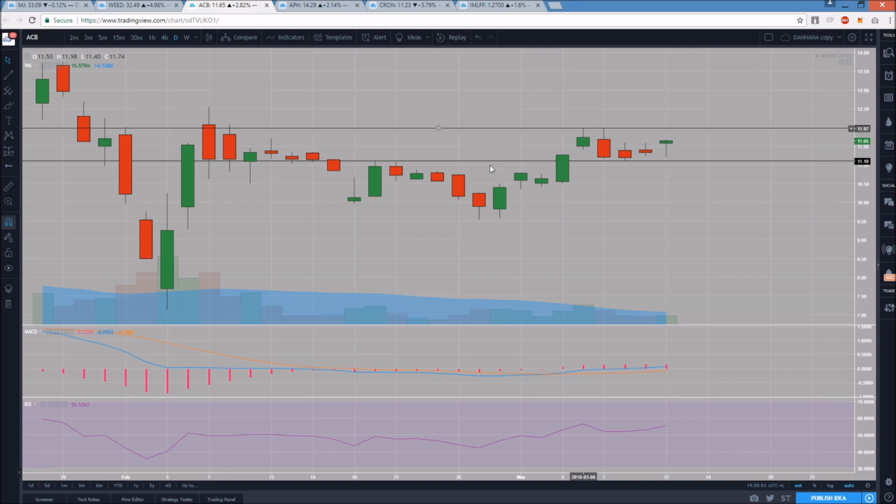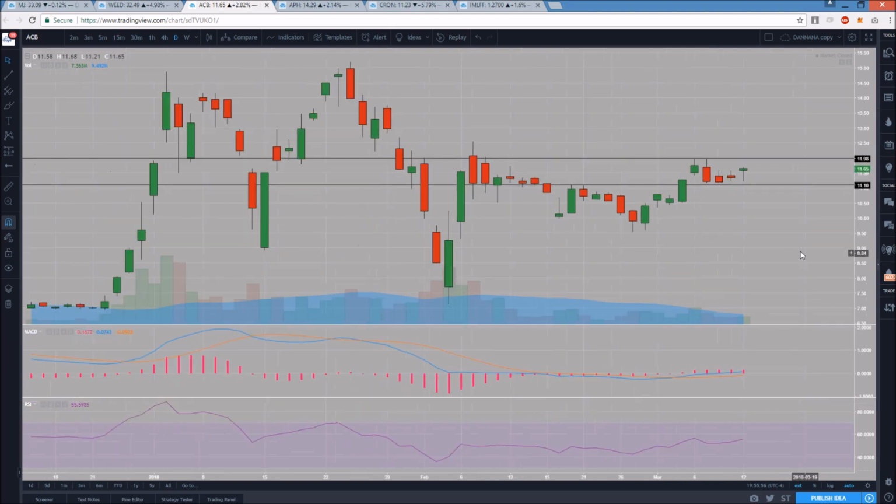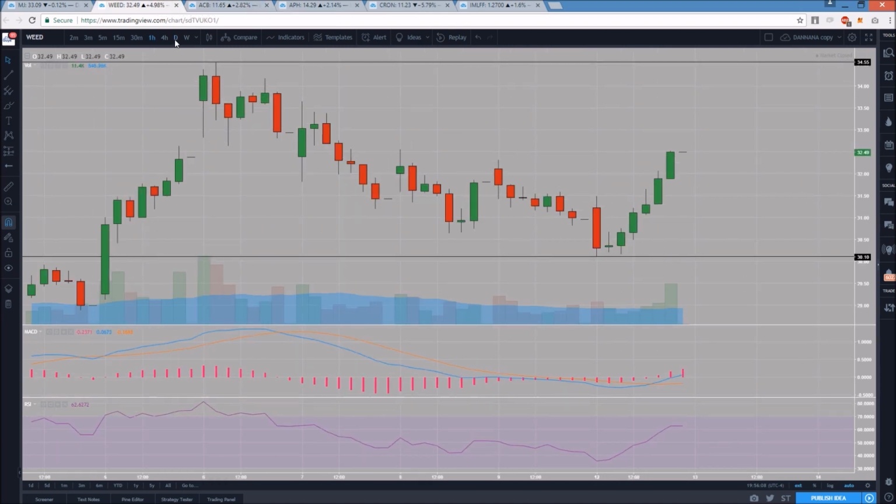So we can call that $12 psychological resistance that the bulls need to break to see continuation. So it's a really nice setup here on the daily time frame so far, again, because the consolidation that we saw is exactly what we were looking for. And if you are reviewing and learning technical analysis, I highly suggest going back and watching the last 2 videos,